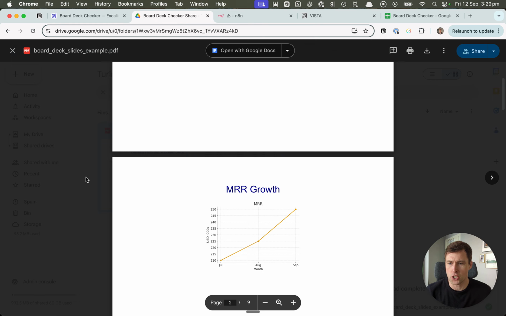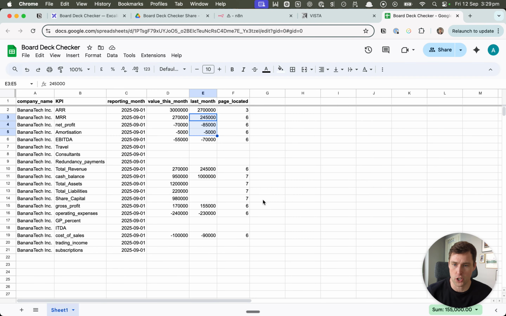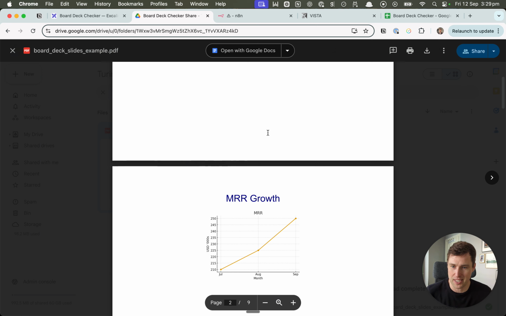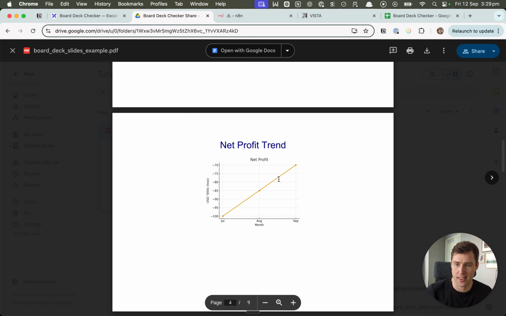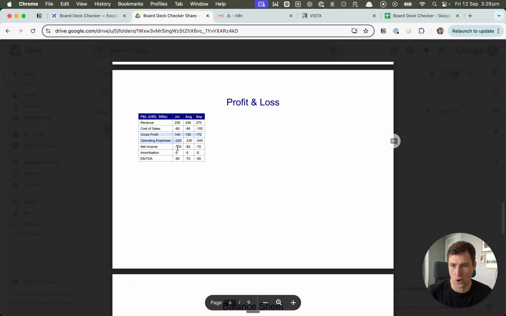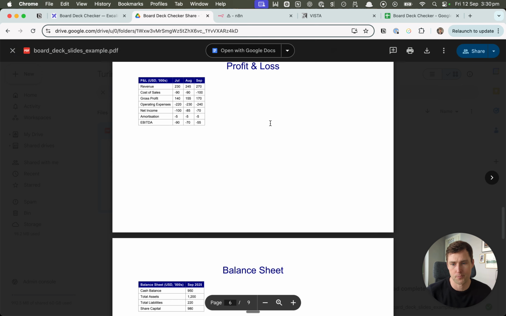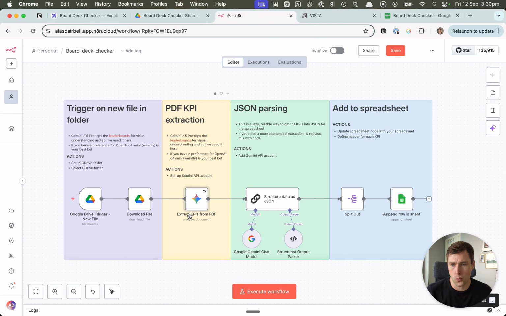So in short, you've got a board deck here, and we're taking it through and trying to get it into a spreadsheet here. So this is the board deck. It's for a fake company, as you can probably tell, Banana Tech, going to the moon. It's got a whole bunch of charts in there, which we want to read. It's also got data in tables and loads of different information. So the way of getting this out was a workflow with AI using a multimodal model, which is able to